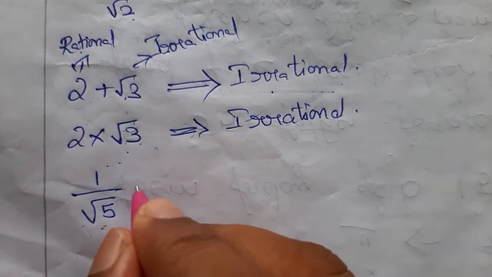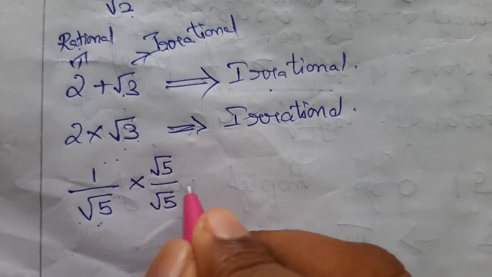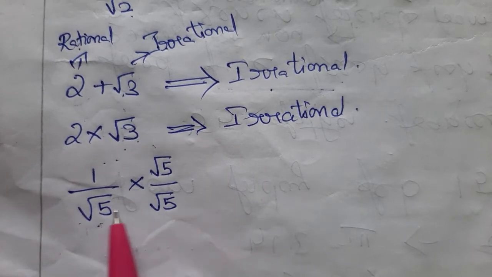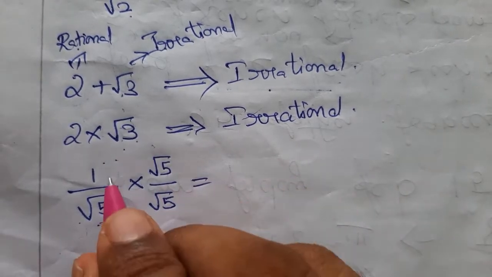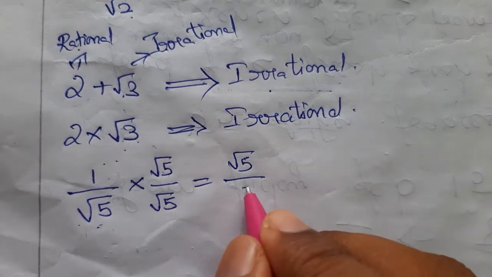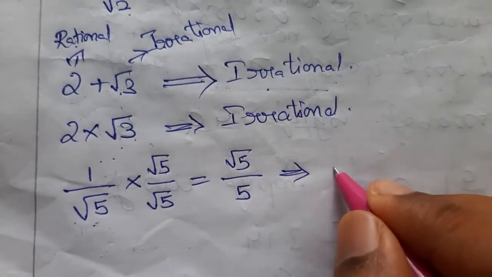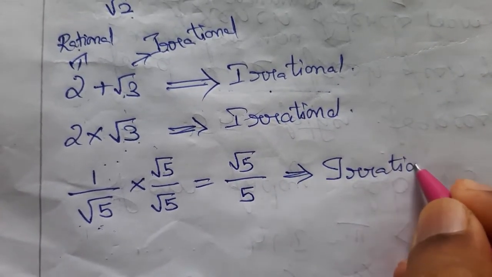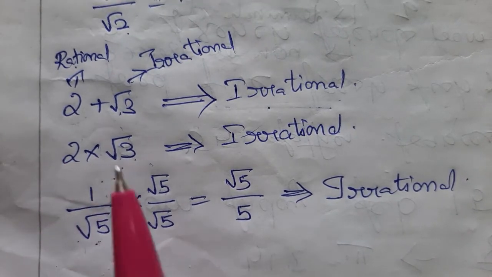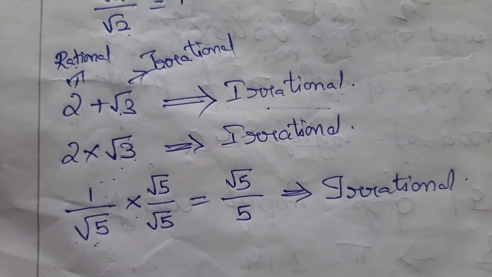That's what we are going to do here. This is what is in the denominator. We are going to multiply both numerator and denominator by it, right? So the fraction doesn't change. It becomes an equivalent fraction, right? So now the result is 1 into square root of 5, which is square root of 5. What happens when square root of 5 is multiplied by square root of 5? The result is 5. Now you see, the result here is also irrational, right? So when we add, subtract, multiply or divide a rational and an irrational, the result is always irrational.